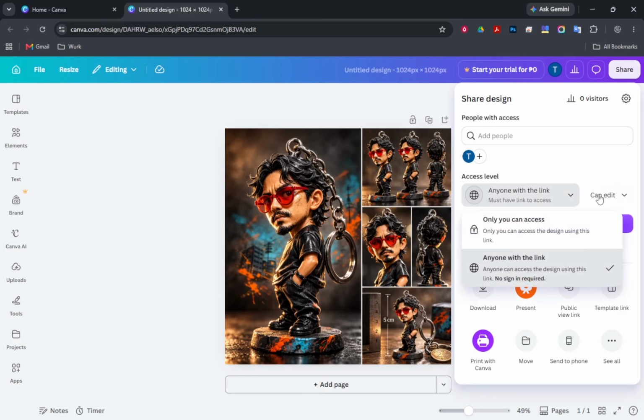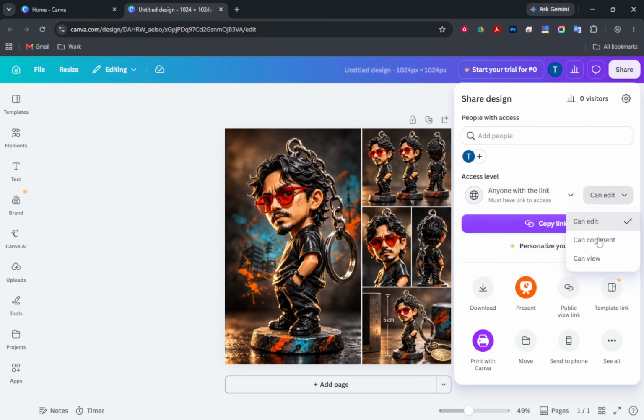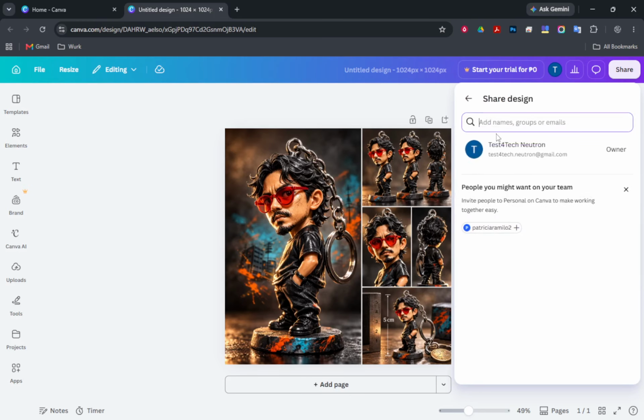Canva checks the email and shows you when the invite is ready, so you can confirm you picked the right person before sending. Canva identifies this as its most private sharing option because only listed emails get in. You have now set your Canva design privacy so only the people you choose can open it.